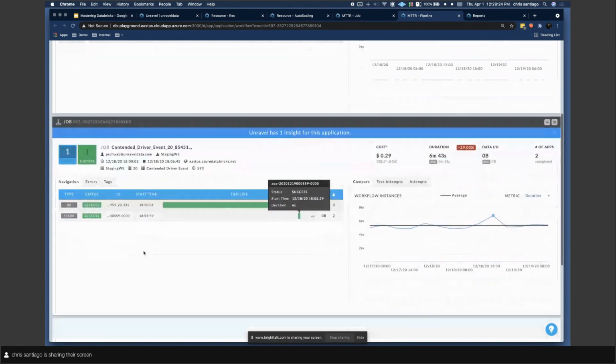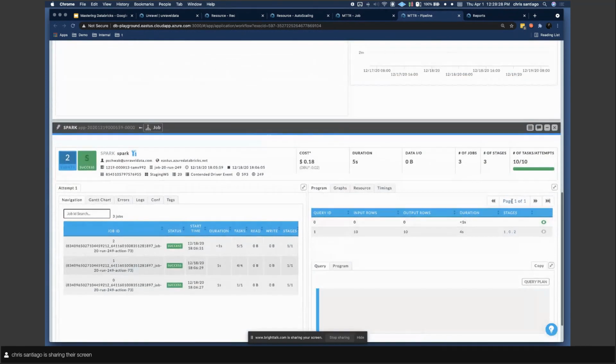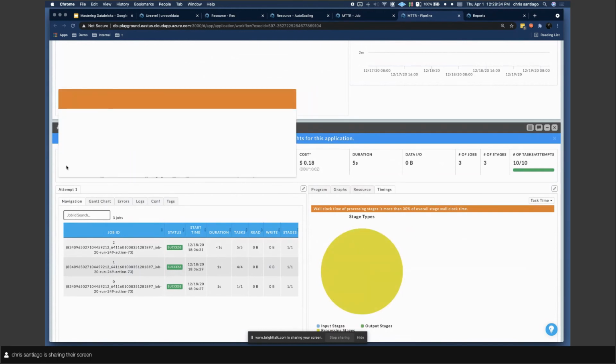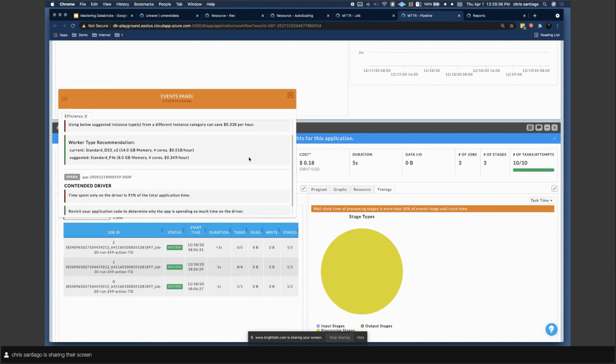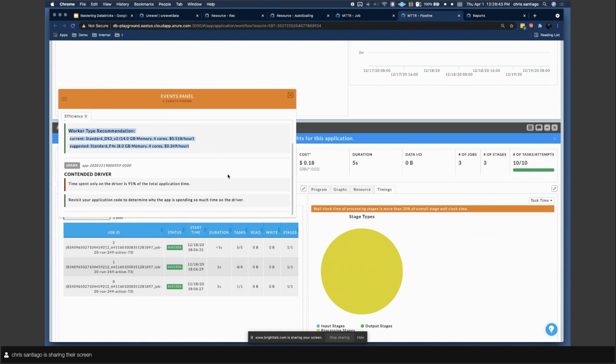particular Spark job, I can actually go ahead, click in on this particular Spark instance, and look from an observability standpoint, where did my time go? I can use the recommendations engine here to get some more interesting recommendations in this particular case, like a cost-effective instance recommendation, and a consented driver. So it looks like, hey, in this particular instance, the driver was taking up most of the time. It wasn't actually submitting the jobs to the executors, right? And so,